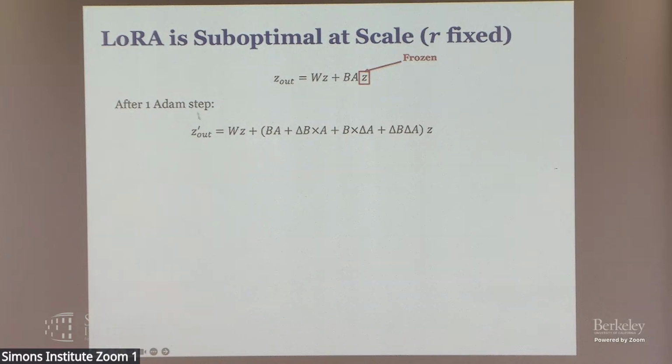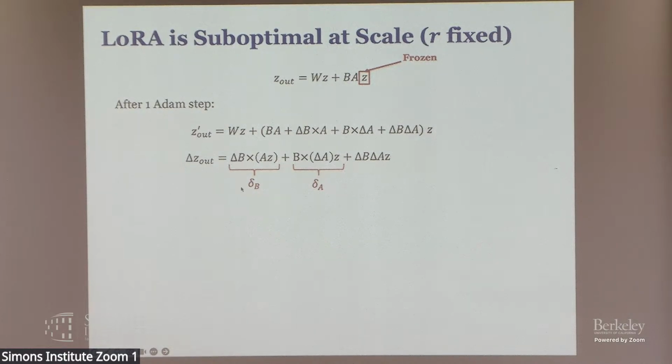Okay. So when you do one Adam step, the new output that you get after taking that one Adam step, call it Z out dash. This part here doesn't change, right? Because W is fixed. Now when you update B and A, you get B plus delta B, and A plus delta A. So if you expand, you get something like this. If you look at the change in the outputs, Z out dash minus Z out, you get these three terms. What I did is just expand this one by Z, that's it.